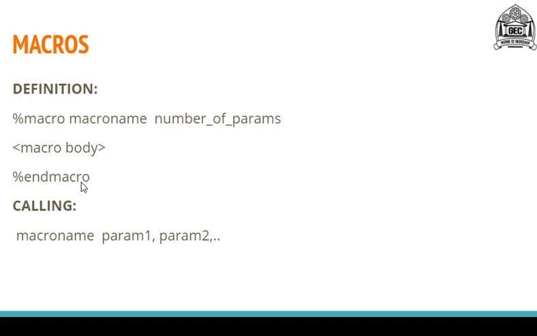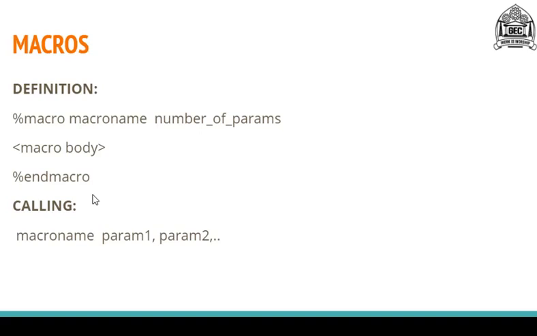It is given with an entry point. The syntax is a percent sign with a mnemonic macro. So this gives the entry point to your macro structure. After that you are going to assign the name to the macro and then you need to provide the number of parameters that you are going to use in this macro. Next to that, you are going to enter the instructions or the body of the macro, that is the logic. And lastly, you are going to end the macro using the syntax, percent sign and a mnemonic endmacro. This is how you define the macro.